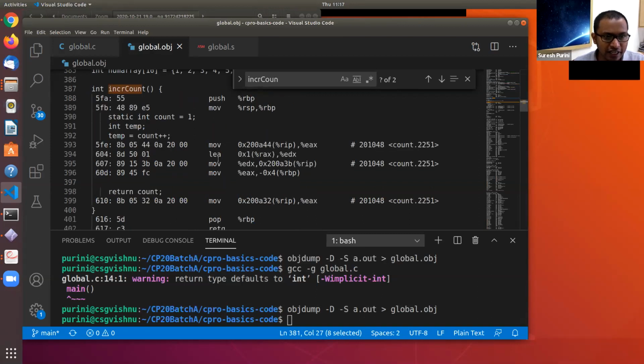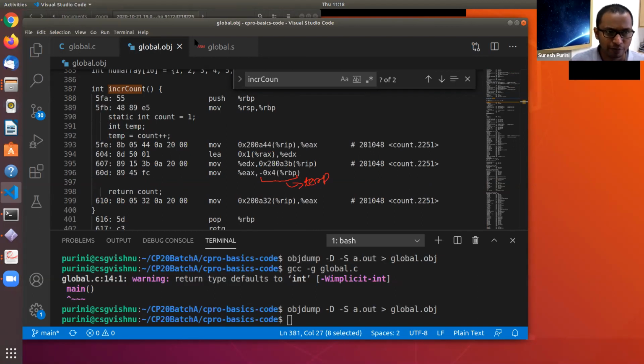Yeah, now you can see in this increment count function, this is an access to variable temp. We are writing something into variable temp, and the address of variable temp is at a negative offset 4 from the base pointer register.